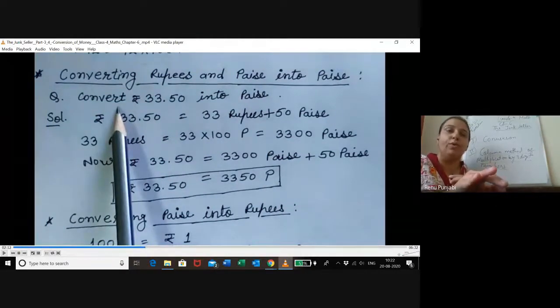Now, all of you open your notebook and write this. Write the heading: convert rupees and paisa into paisa. Write the question: convert rupees, and please mention this rupees sign also, as we have learned that Indian currency is denoted with this sign, 33.50 into paisa, and then solve it till here. And if it is in a box, write them in the box. If you don't want to write in a box, it's okay. Don't ask simple questions, ma'am. If it is in a box, we also write in the box. It's your choice. They are writing in the box because they want to highlight the answer, right?